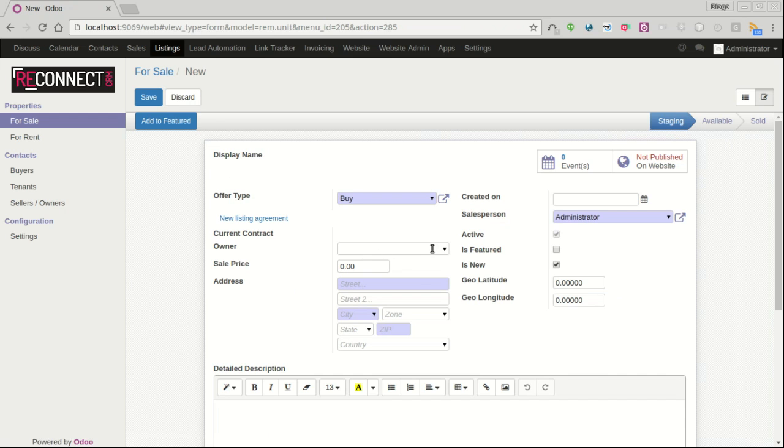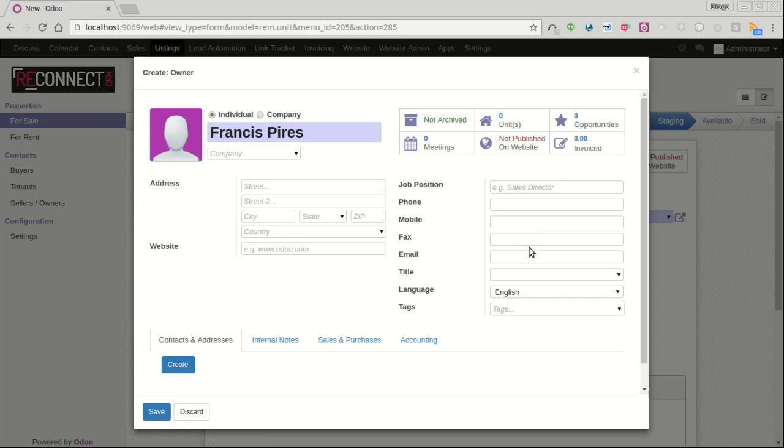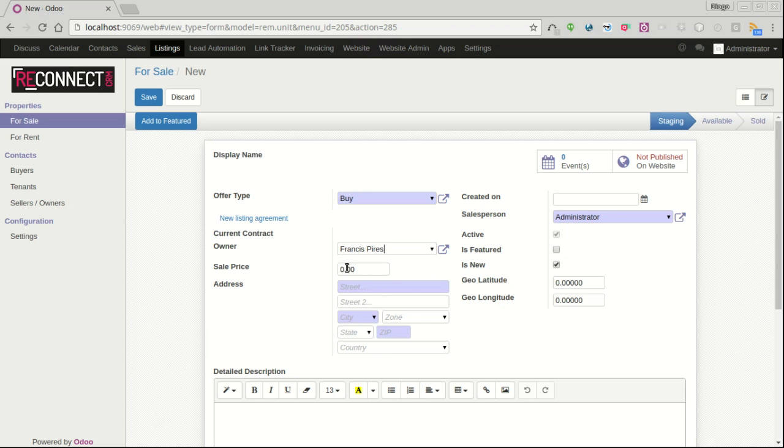So let's choose the owner. The owner name would be Francis Pires, and you can then create and edit for setting other things, like for example the email. All right, choose the language, tags, internal notes about the person, whatever. So just save it. Then the sale price